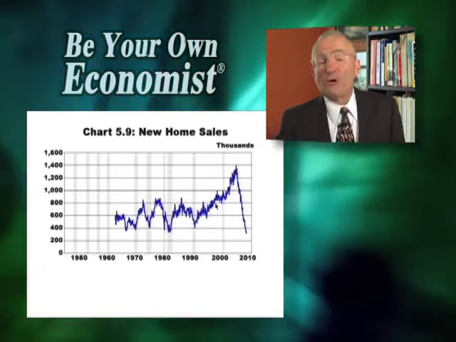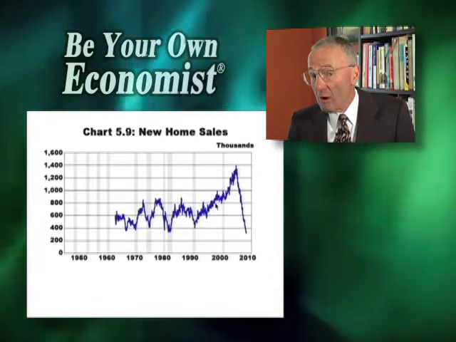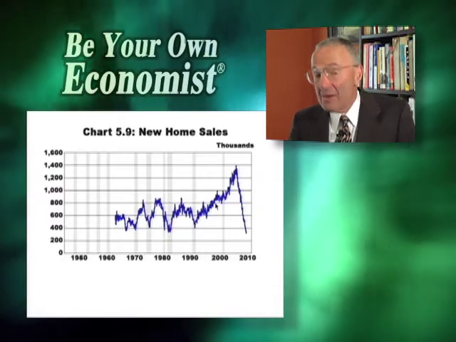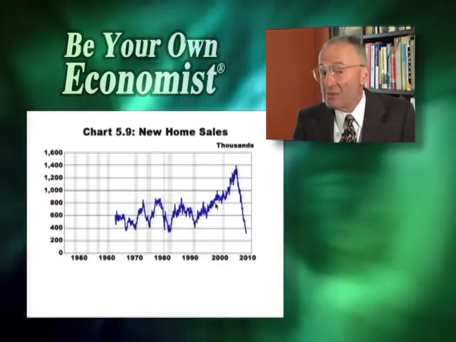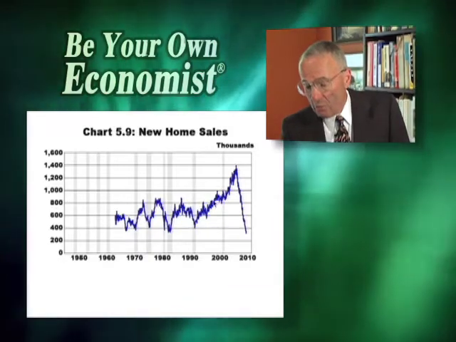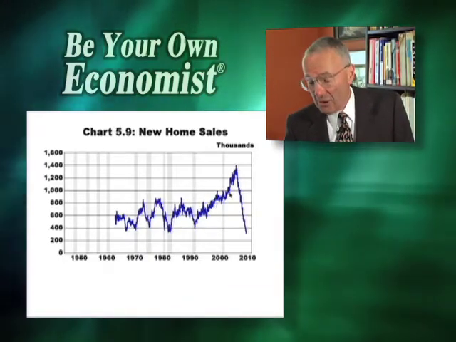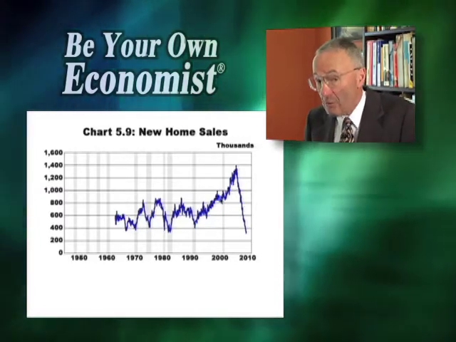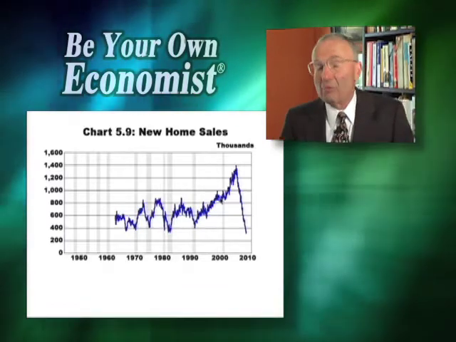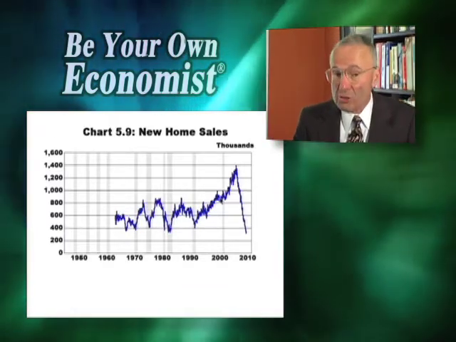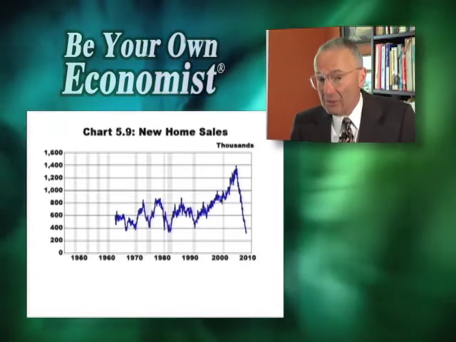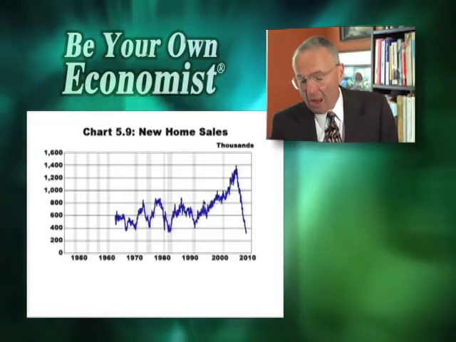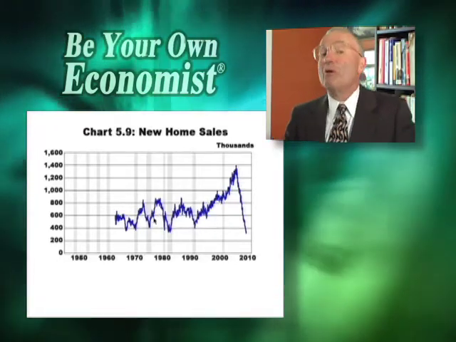But you'll also recall the dot-com boom of 1995 to the year 2000. And then the dot-com bust that dragged us into recession after that. Well, lo and behold, during the dot-com bust, you can see on the chart, no slump in housing. So we had a recession without a housing slump. What was the core of the recession? The slump in technology. What did the Federal Reserve do during all the earlier housing slumps in order to pull us out of those slumps?